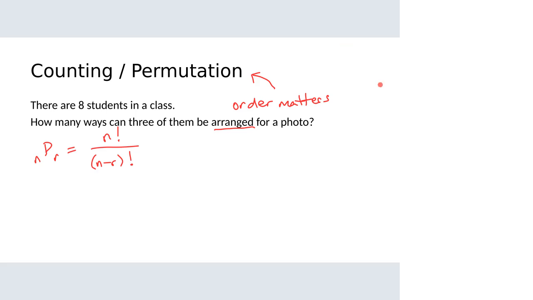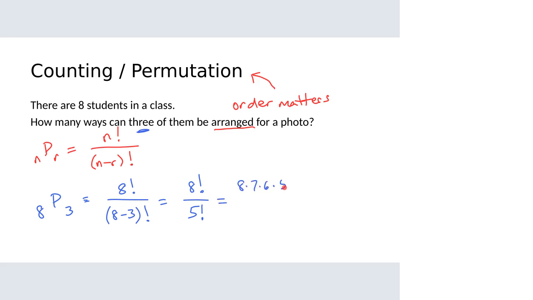And here we have a total of 8 students, and 3 are going to be in the photo. So this is the permutation of 8 things taken 3 at a time. You're welcome to use your nPr button, or you can do it by hand and have 8 factorial over 8 minus 3 factorial. That's 8 factorial over 5 factorial. Then I can rewrite 8 factorial as 8, 7, 6, 5, 4, 3, 2, 1, which cancels with my 5 factorial in the denominator. And really, I just have 8 times 7 times 6,